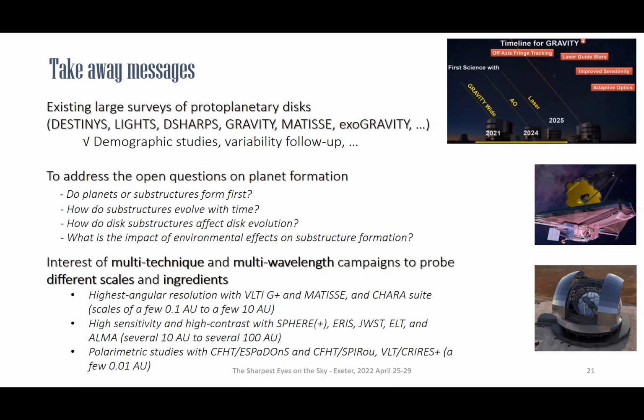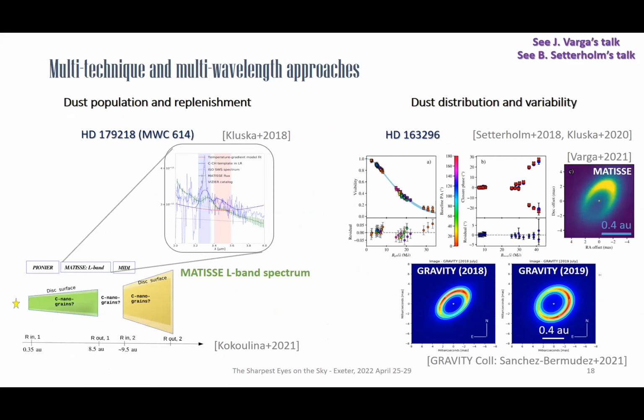Yeah, in the meantime, I maybe had one very quick question. On slide 18, you showed some nice images of HD 163296, I think. Do we have any idea what is causing the asymmetries that we see, and what will cause the temporal variability that we see in this object?